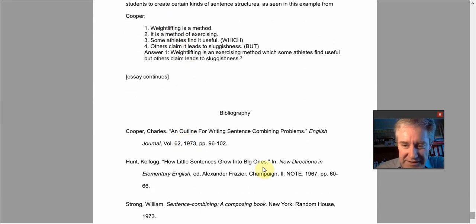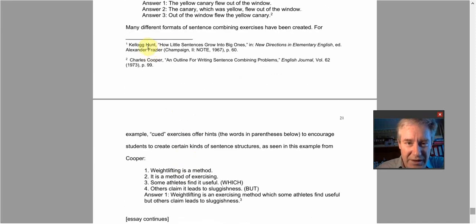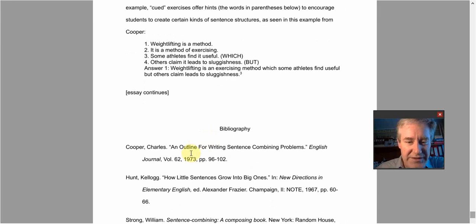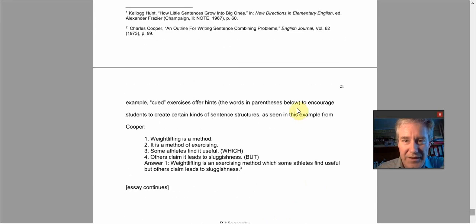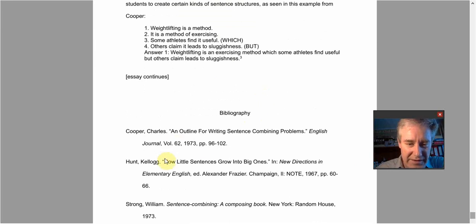And we have similar kinds of changes here. Again, it's for the Kellogg Hunt bibliography entry. It's the same information that we have in the footnote, but it's presented a little bit differently. Here we have commas, here we have periods. We don't have the parentheses here that we do have up here. Up here, all the publication information for this book is included in parentheses, and down here